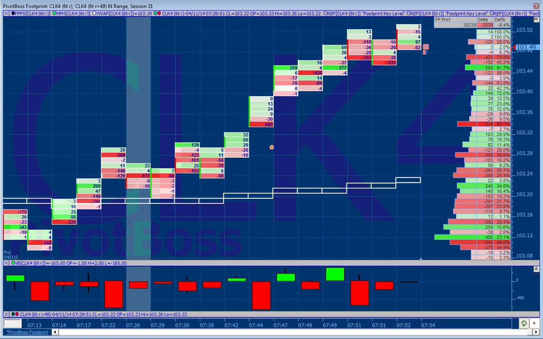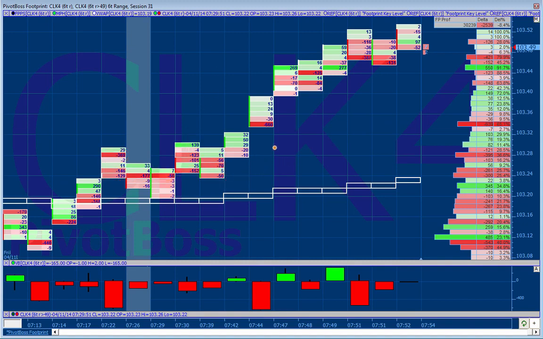Now look at this. Look how many sellers are here. I look at the big ones. I don't care about this one or this one or this one. I don't really care about the small baby ones. I'm looking at the big numbers. Give me the big orders. Those are the big fish you want to track. There's a 369. Here's another 300. Here's 170. Here's a 50. Here's a 150. Here's a 100, a 120. Here's a 140. That's the only buy. That's big. The rest are all selling.